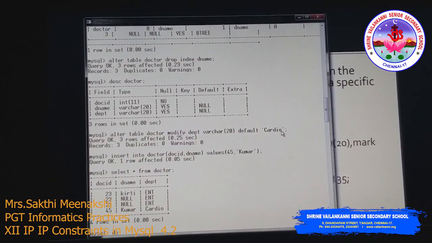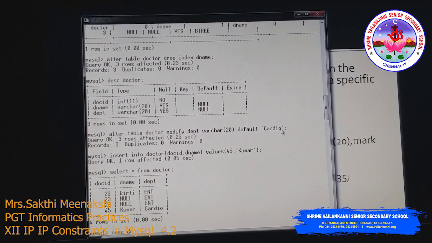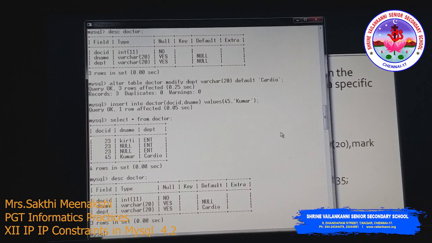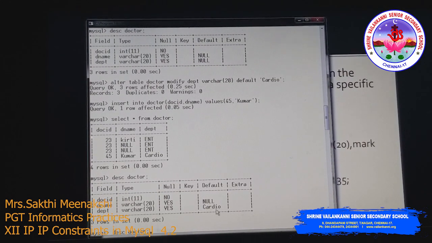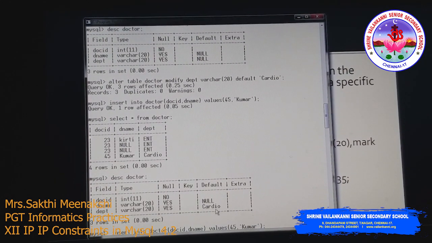And if you see the description also, for all other columns the default is null. For the column department, the default value is cardio. If you omit the values, this default value will automatically be used. What happens if you explicitly give the values?